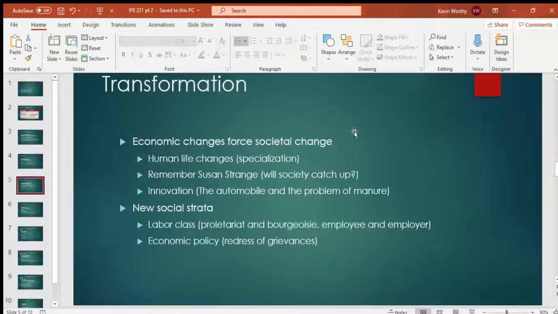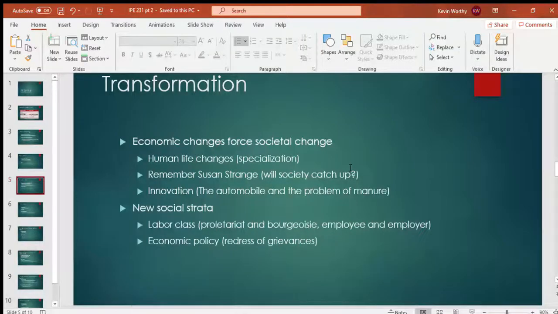But then all of a sudden society changes. You're no longer connected to your local community as much because you can travel outside of your local community. So this innovation just dramatically changes the world. And the problem that we thought we had, this problem of waste, stops being a problem and we change. We change so dramatically that the old problem doesn't exist anymore, because our lifestyle doesn't engage in horse travel as much, and then eventually not at all. So innovation can change our lives entirely. We can change dramatically. Right now we're having an online class, unheard of in the 1980s, impossible. So this behavior changes our society because of what we can do with that technology.